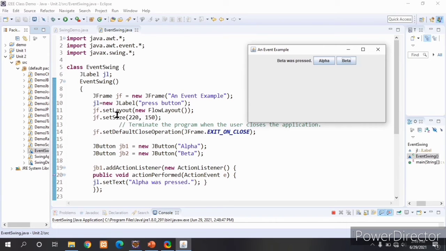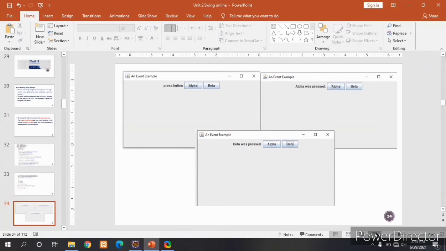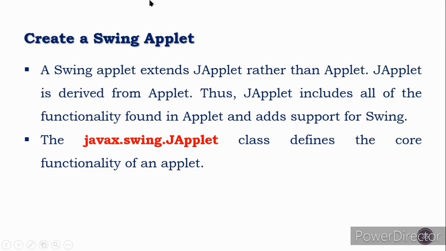Okay, the same event handling example we will see with the applet. We are creating a Swing applet. The functionality of the program is the same, but instead of JFrame we are using a JApplet here.